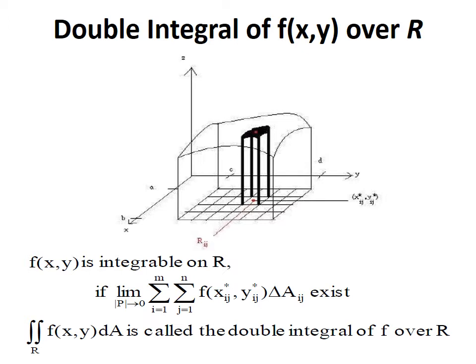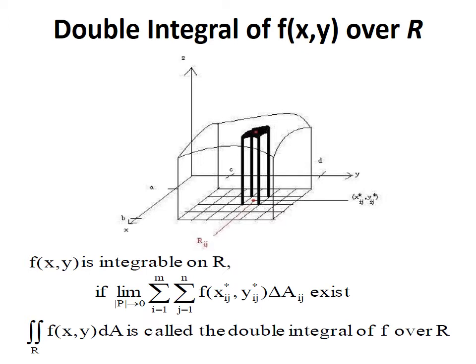Hope you are able to recollect the geometrical interpretation we have seen in the class regarding the double integral of f of x comma y over R. Anyway, now I am quickly recapping that idea. You just recollect how we are visualizing the integral of f of x dx from a to b as the area below the curve y equal to f of x and above its projection on the line segment a to b in the x-axis.